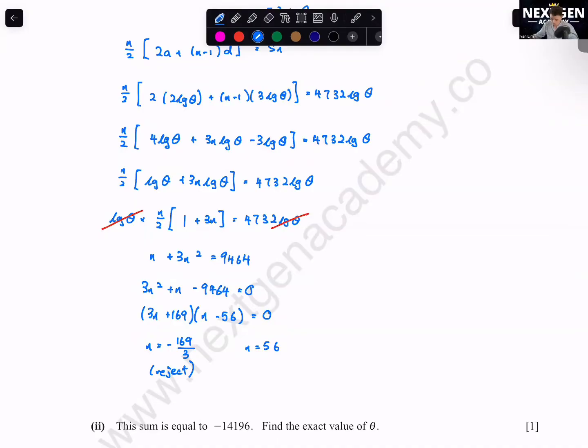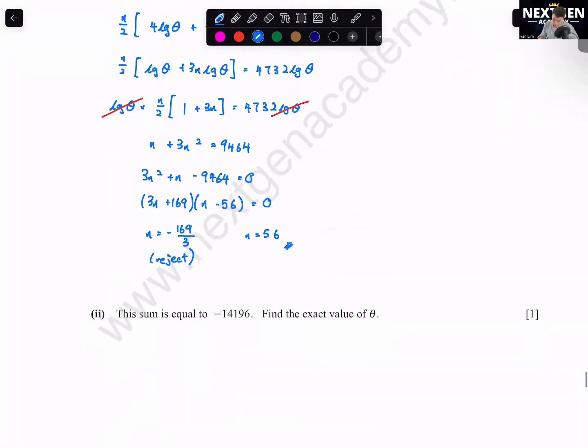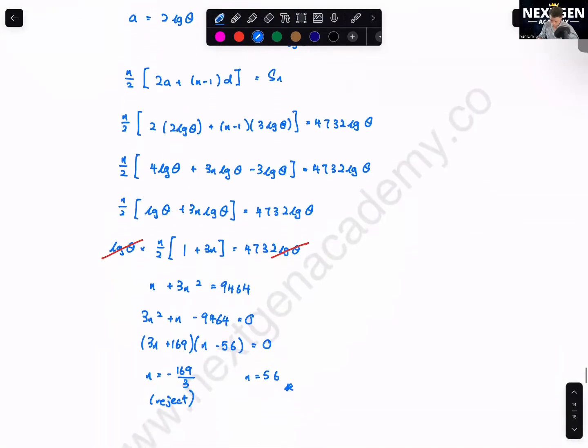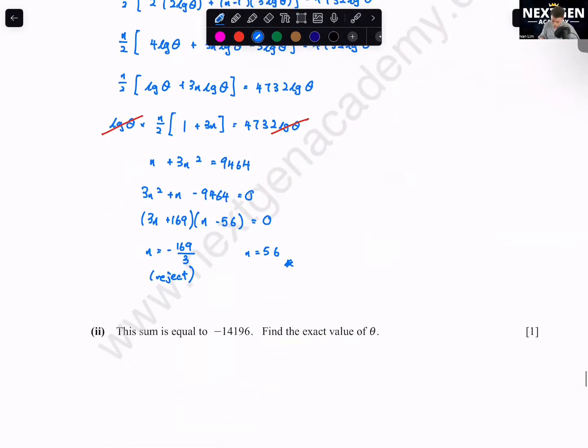Okay, positive whole number. Okay, next one. This sum is equal to negative 14196. Find the exact value of theta. Now where is the sum equation, or the sum value? They say 4732 log theta. So we just put 4732 log theta